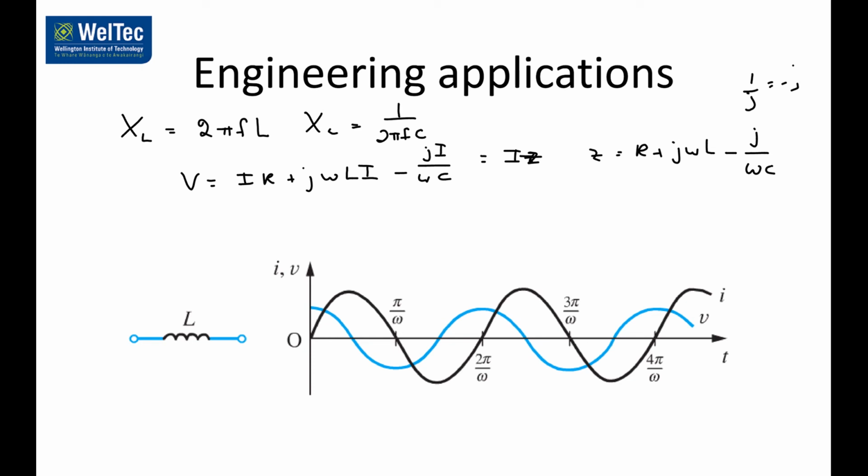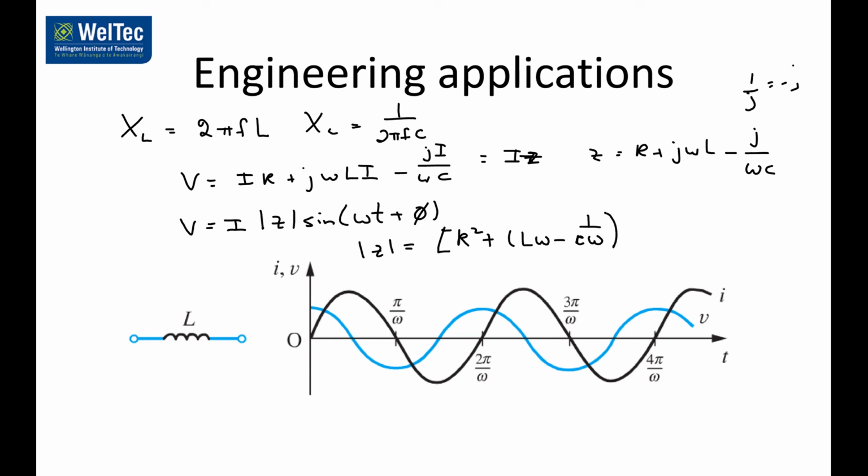And we could go on further, and again I'm sure you know that V equals I modulus of Z sine (omega t plus alpha), where modulus of Z is, so that's the impedance of the circuit. The phase of the circuit would be